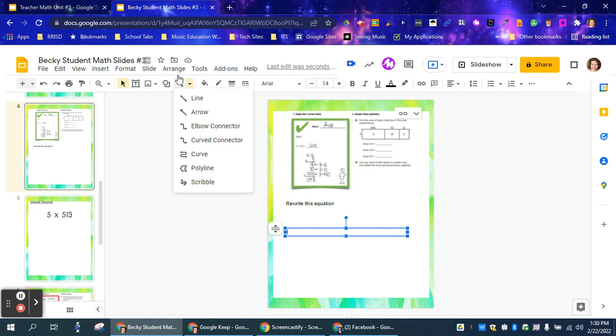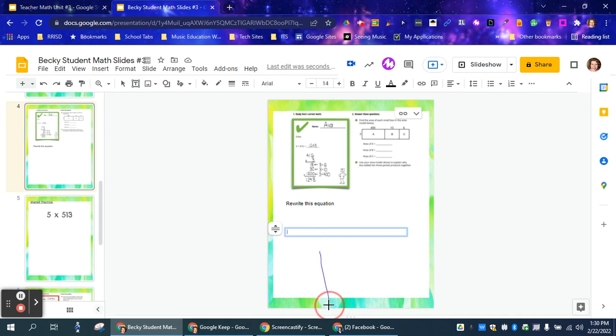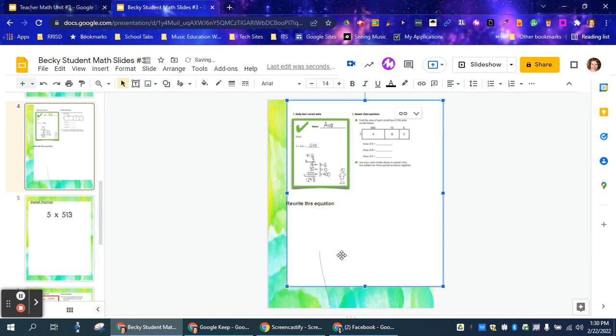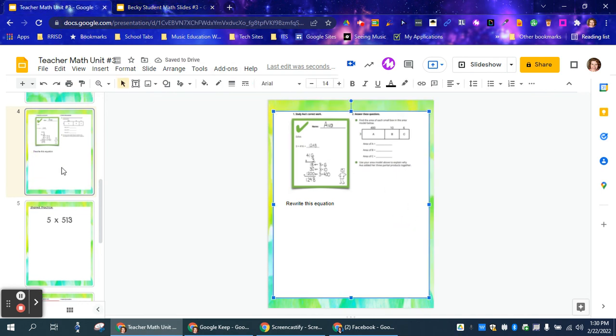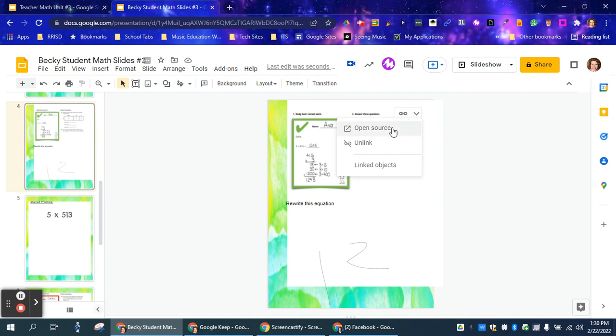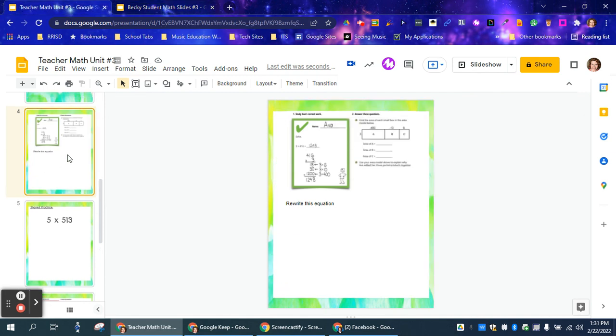And if you didn't know, if they click down and scribble, they can actually use their Chromebooks to draw on their screens. If you're on a laptop, you have to hold down the mouse and then draw on the trackpad, and you really don't want to see me do math. But just for fun, I'll show you that I could write. It's not as easy when you're on a laptop. Okay. So as you can see, when I go back to my teacher one, there is no update because your linked slides are here. So the other thing that you can do is, if you decide you want to add an entire page in,